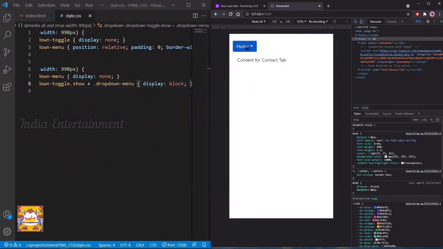But the thing is, when I change this tab here, the button is not updated. Whenever I click this, the button also should be updated.